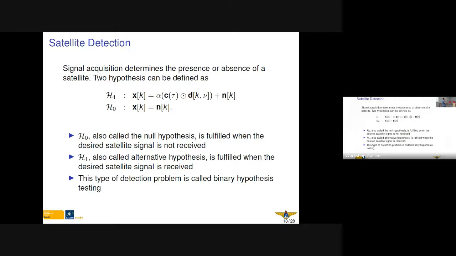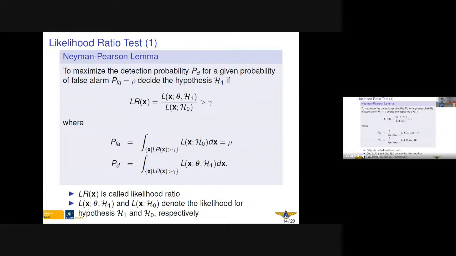H1, also called the alternative hypothesis, is fulfilled when the desired satellite signal is received. This type of detection problem is called the binary hypothesis test, because we have two hypotheses. Okay. So now we can look into detection theory, and for a binary hypothesis test, we easily find the